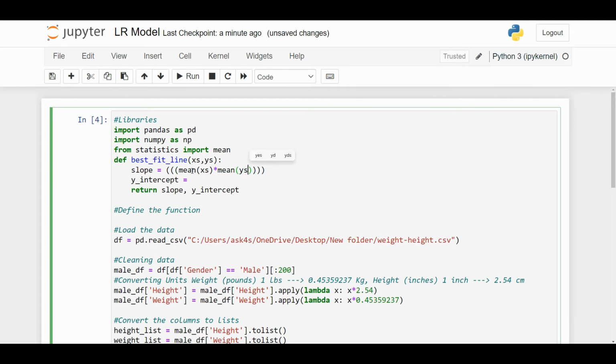And if that is okay, then I can subtract the mean for the product of the two, that is x's times ys. And when that is done, then I can divide the final result. Remember, you have to be very keen with your brackets. So what I'll do, I'll divide it with the value of the mean, and this mean is for x's, times the mean, and this mean is for y's,